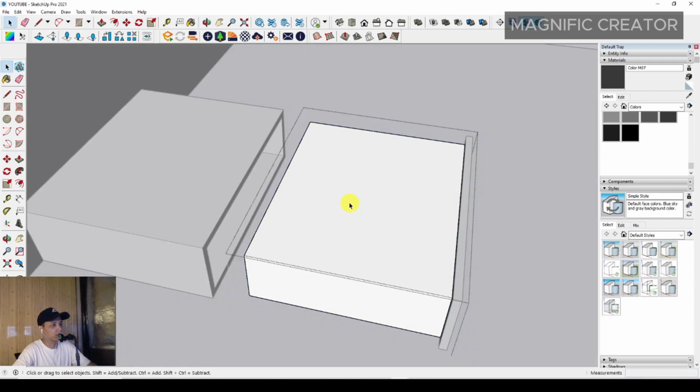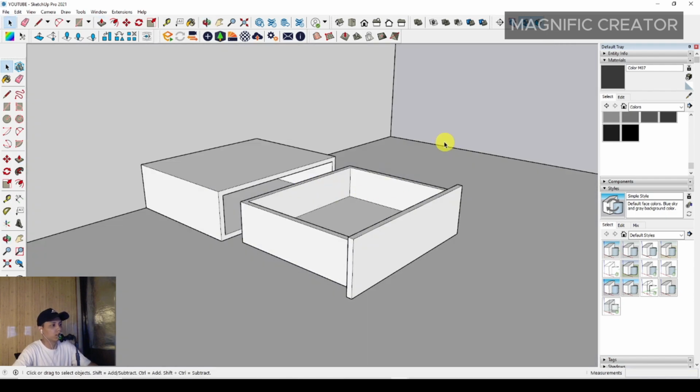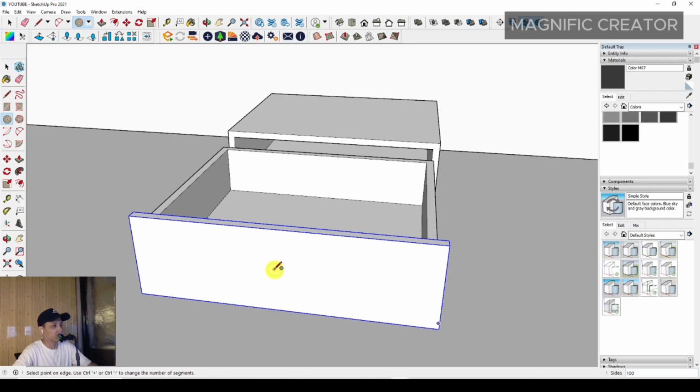And after that we can offset these three lines only. We can offset around 15 millimeter, and then we have to push it down around 100 millimeter only. Okay, so you can see it, and then we can make